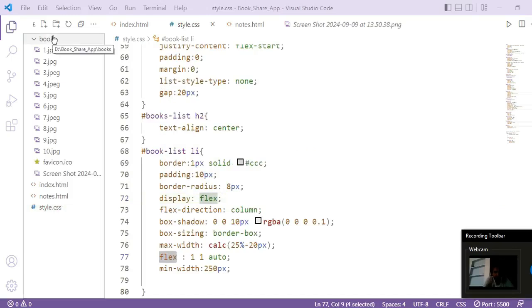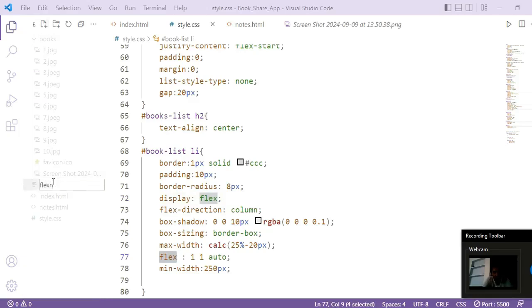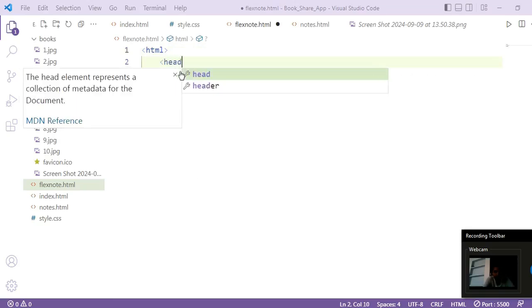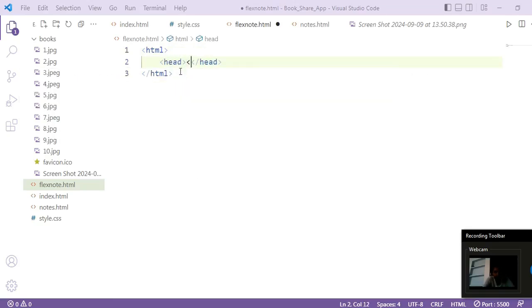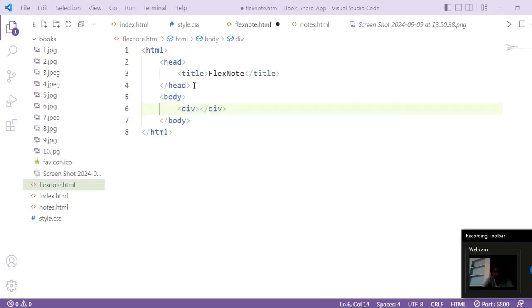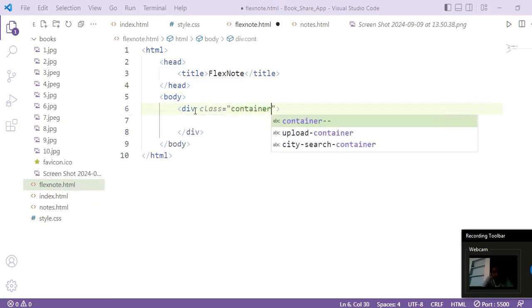So for that let us create one more file, flex node.html, and here I will write a simple HTML. Head, title is flex note. Then I have a body. Inside body I have a div. So this is the parent div, so I'm giving it class and naming it container.